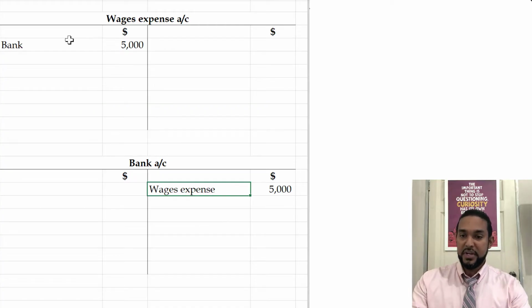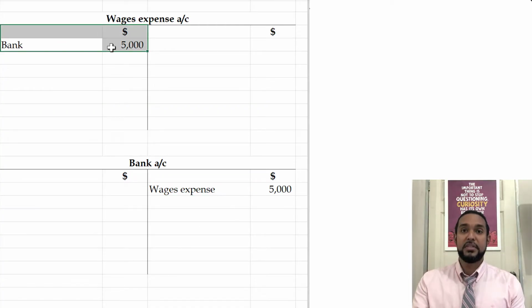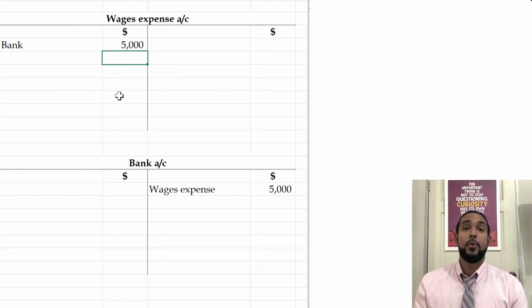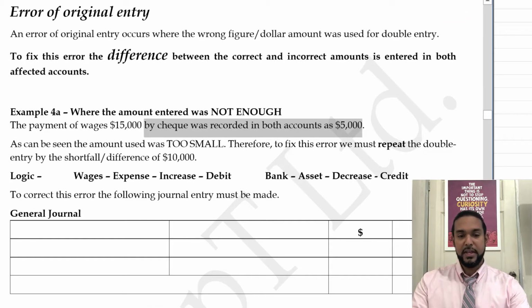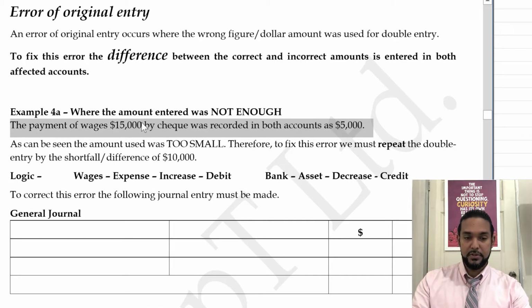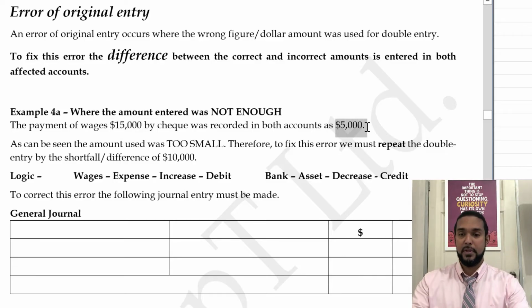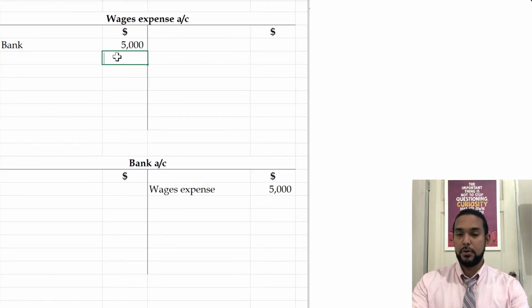Well, in the wages account, the debit was not enough. So we need to debit more, and not just a random figure. Once again, as it said across there, the difference between the incorrect and the correct amount. The correct amount was 15,000. Let's go back across real quick so you can see it. The correct amount was 15,000 and the incorrect amount was 5,000. That's a difference of 10. So we need to put 10,000 more on the debit side,